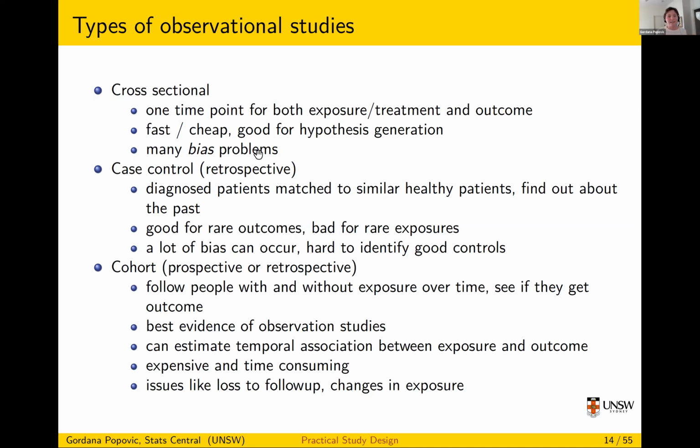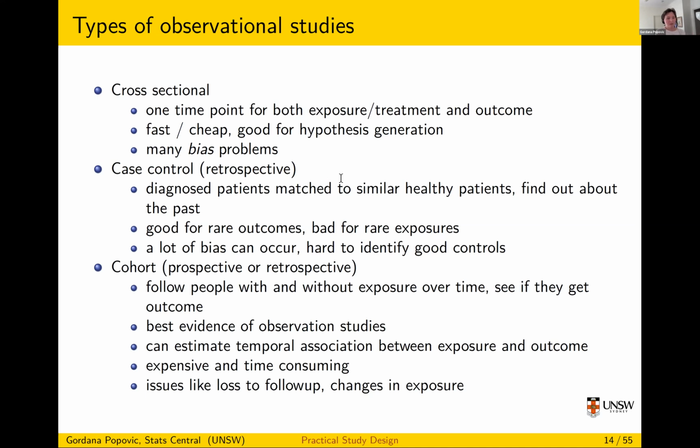Okay, so that's a cross-sectional trial. Then there's case control, which are retrospective. These are often done for rare outcomes. So if you're treating a group of people that have a rare outcome, say in medicine, you find these people, you might only have 20 that you have access to. And if you took a random sample of all the people in Australia, there's no chance that you'd get any people in this particular group. So you can't do that.